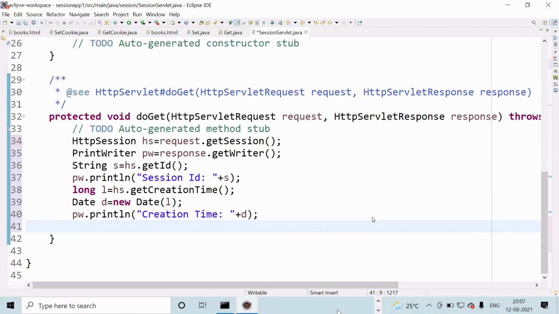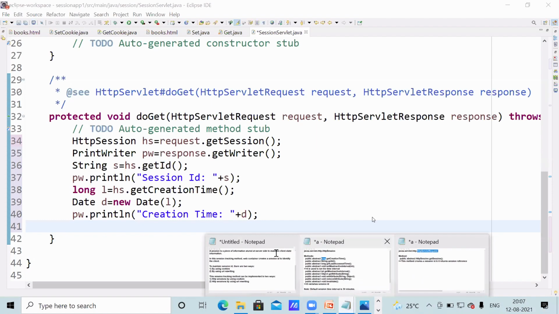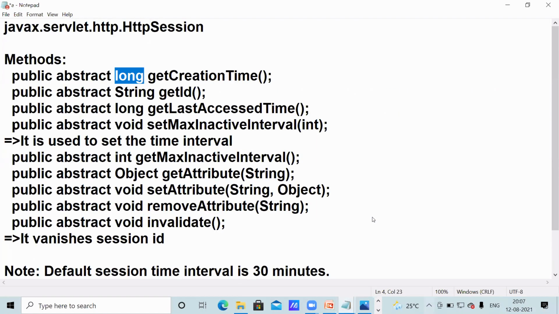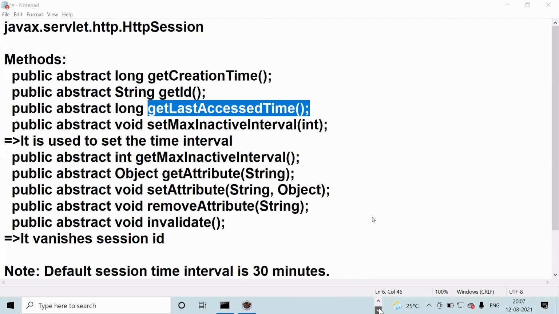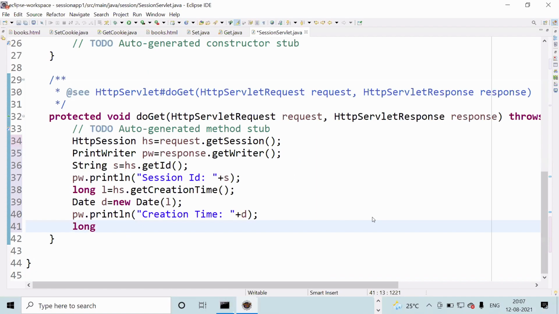Last accessed time. So that method, another method. You observe. getLastAccessedTime. I want to call this. So again, long L2. Okay, suppose this is L1, this is L2. It is D1.